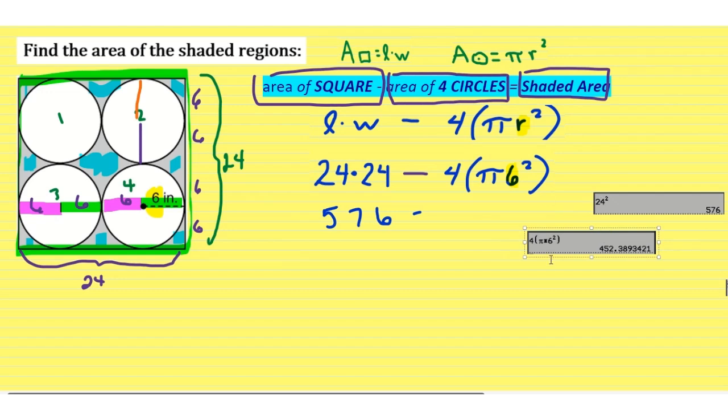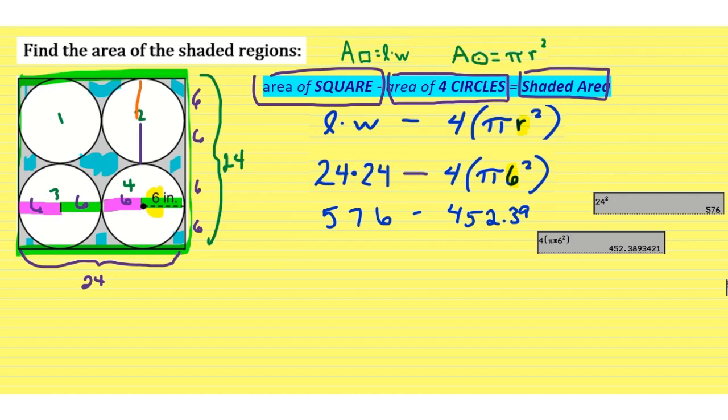Okay, so it's going to be 4 times pi times 6 squared. It's going to give us a calculation of 452.39 maybe. Okay, and then we're going to subtract 576 minus the 452.39, and that is going to give us